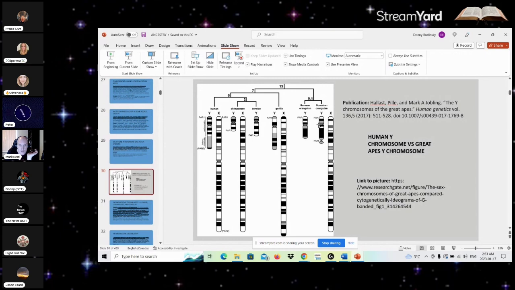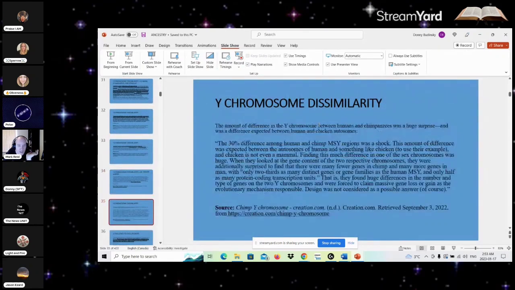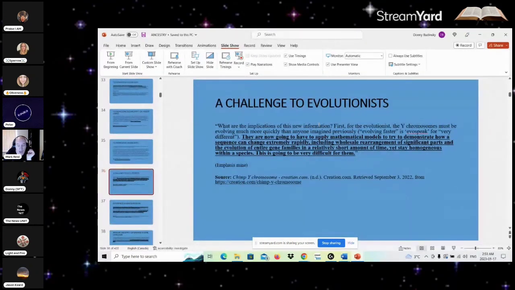So we're not just looking at which one's longer or which one's shorter. We're looking at the similarities between them. And the idea that the Y chromosome has to be similar if they come from the same ancestor that you've put forward: well, the chimpanzee and bonobo, why don't they have the same Y chromosome then? Why is theirs so dissimilar? Why are the orangutans so dissimilar?